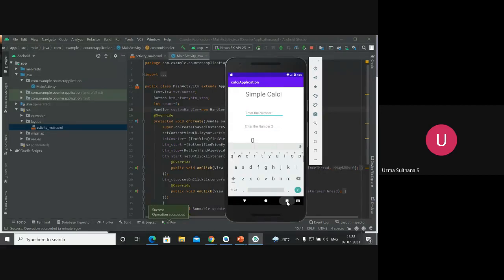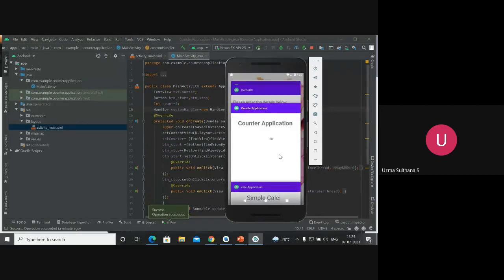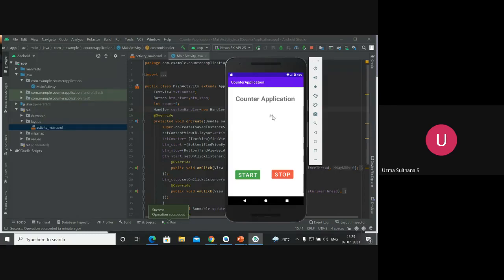But according to us the counter should stop, but it didn't stop. See here, it keeps on incrementing until I click on the stop button. This will never stop. If you close this application, it will start from zero. But if you click start again, from where you stopped the counter, from there itself it will keep on incrementing. Are you guys getting it?